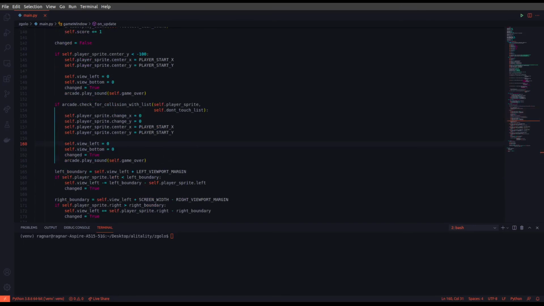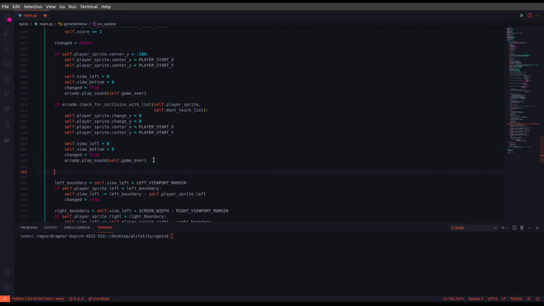And what else should we add here? In case the player reached the end of the map and successfully finished the level, we need to get to the other level. So let's set that check as well. If self.player_sprite.center_x is bigger or equal than self.end_of_map,